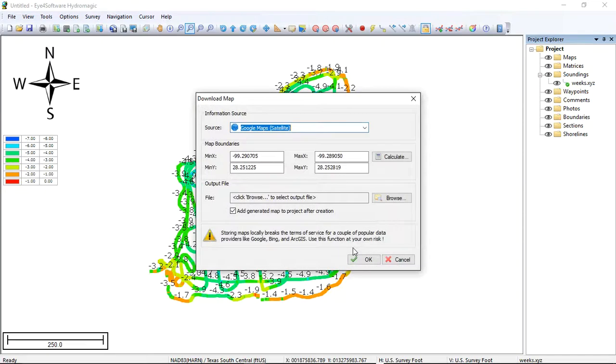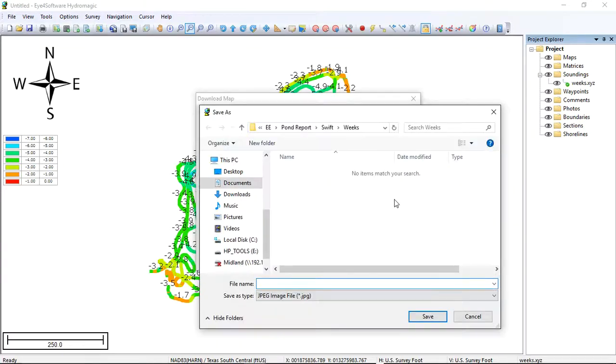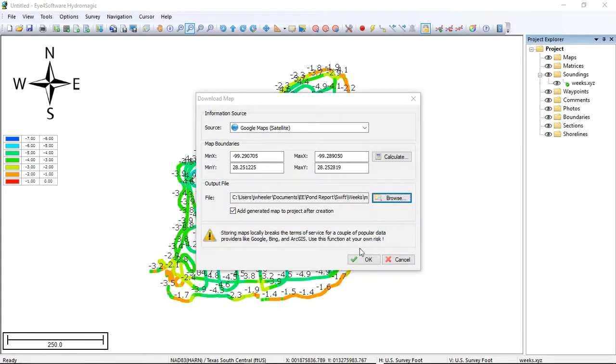So nothing crazy there. Then it's going to ask you the output file. This is going to generate an image based upon the coordinates. So it's saying, what do you want to call it and where do you want to put it? So click on Browse. And this takes me to my Swift Weeks survey folder and asks for the name. If you're organized and you have a folder for every single survey you do, then you can just call the map. Otherwise, you'll need to give it a unique name. But I make a folder for every single one, so I just call them map. Click OK. This takes a minute,